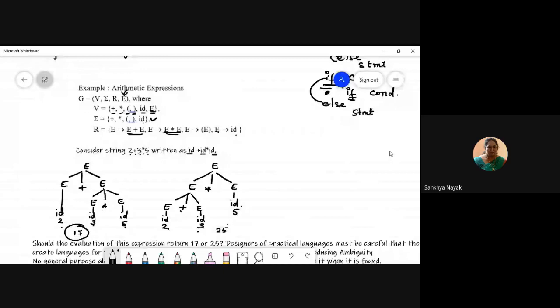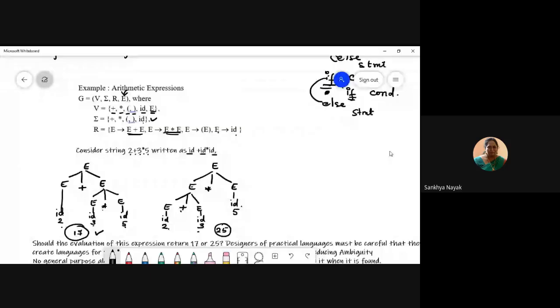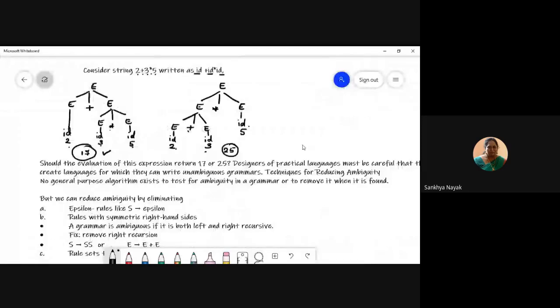instinctively, you know that this is correct. But this tree is written according to the context free grammar that we have designed. And because it's ambiguous to write a grammar like this, as it generates two trees which will give us entirely different values. Right? I hope this is clear.